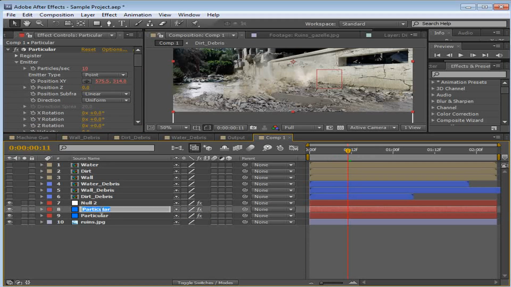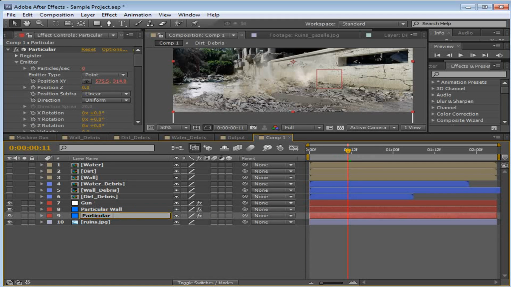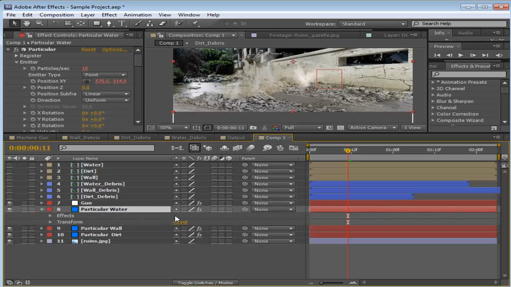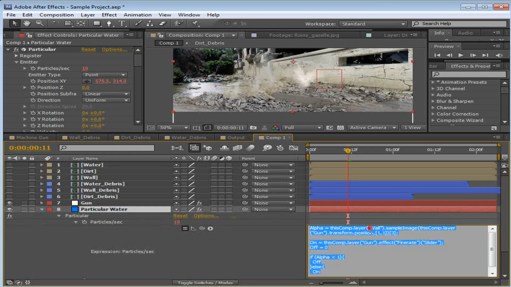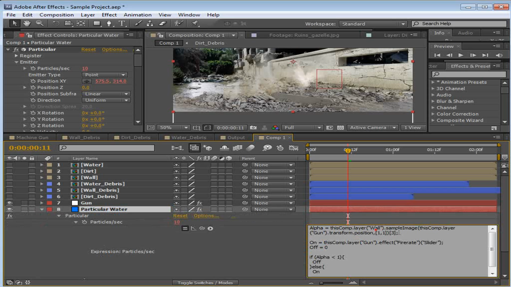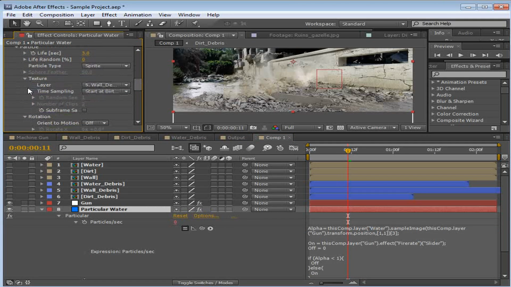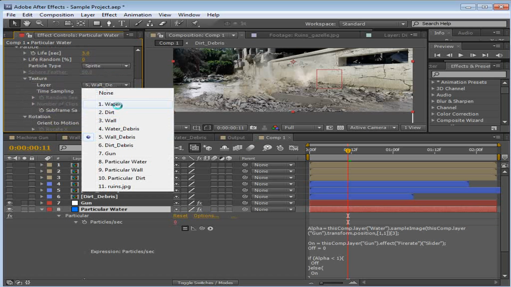Now let's go ahead and rename this. We'll call this particular wall, and the one below this particular dirt. And then we'll take the wall and duplicate it again, and we'll call this water. And we'll bring up, I'll hit U, brings up the expression again. We'll click in here, and again let's change this from wall to water, and go into the particular settings, change the layer of the sprite to the water,